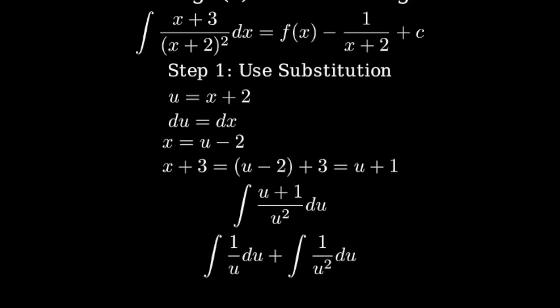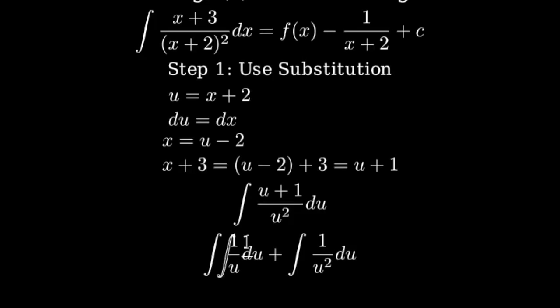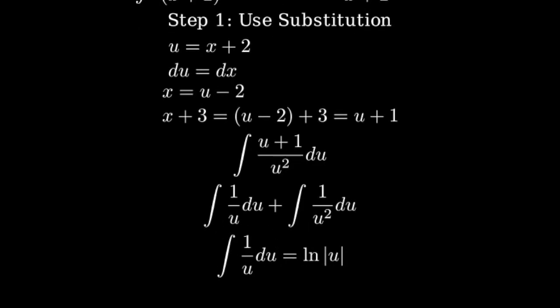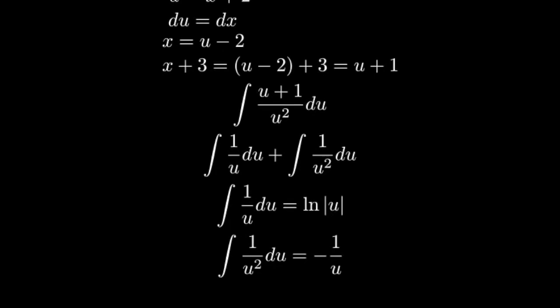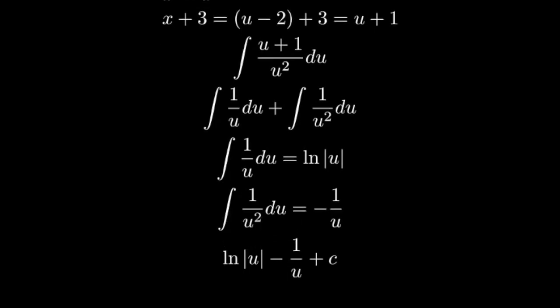We can split this into two simpler integrals, the integral of 1 over u du plus the integral of 1 over u squared du. The first integral gives us natural log of absolute value of u. The second integral gives us negative 1 over u. Combining these terms and adding our constant of integration, we get natural log of absolute value of u minus 1